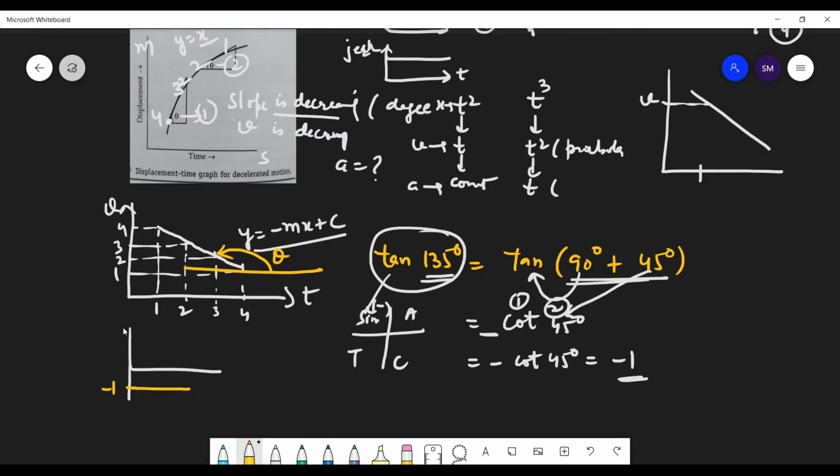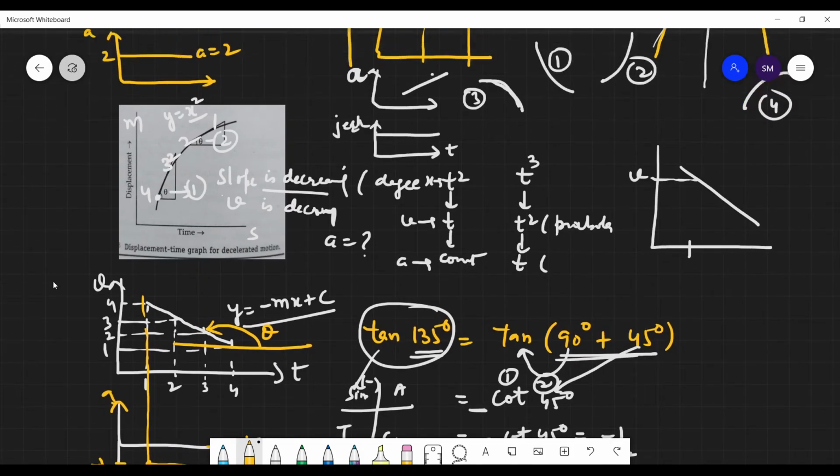This graph you will get. This is the graph of acceleration versus time. This minus 1, so the graph will start from here. If your line is from here, the slope is minus 1, the same angle. Is this clear to you, students? See how you have drawn the graph. Yes, sir. So this is a new graph, right? This is a different kind of graph. So draw this graph. Is this clear to you, students? Yes, sir.